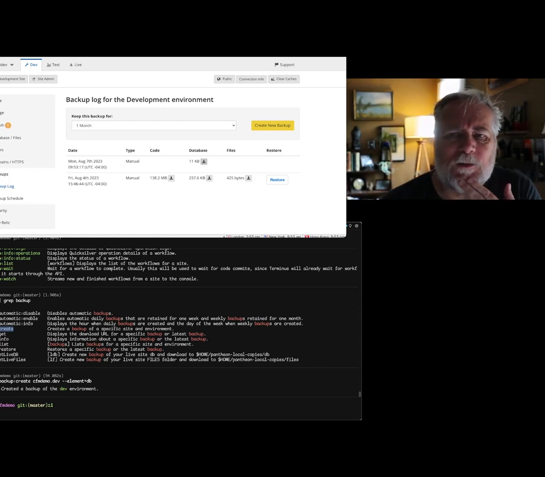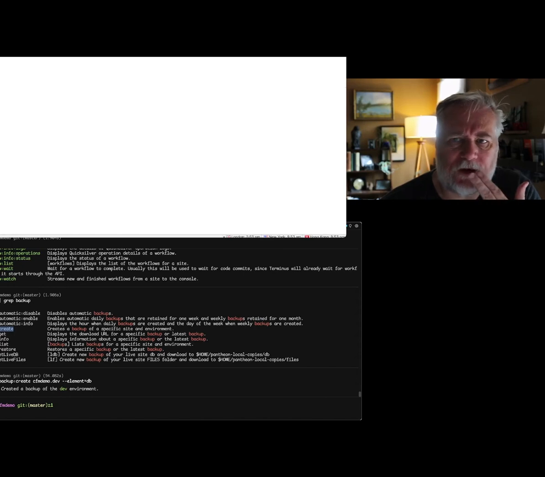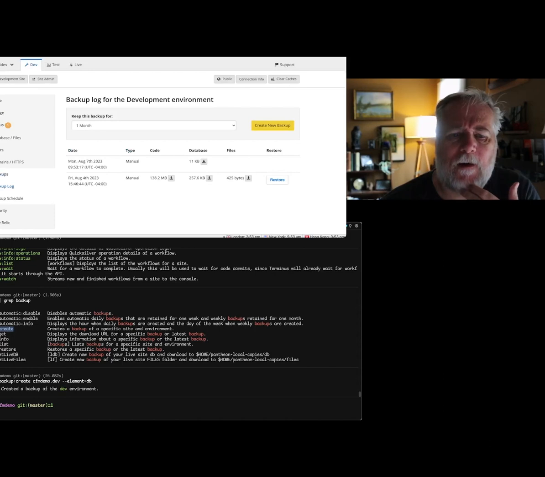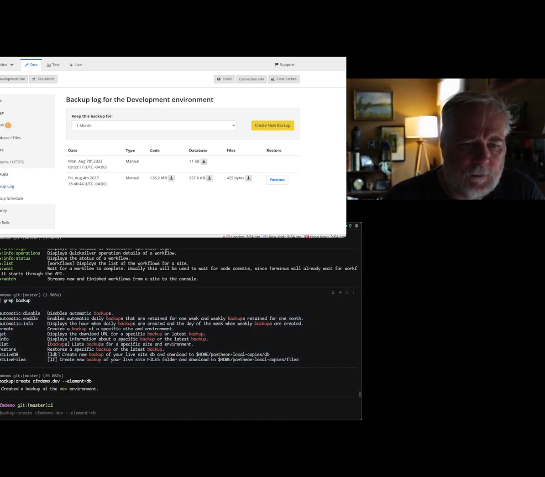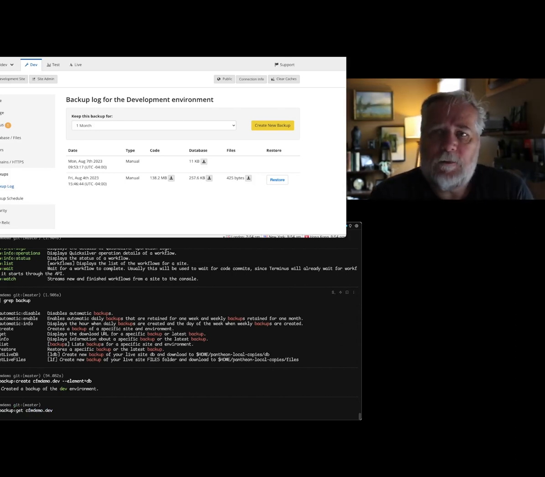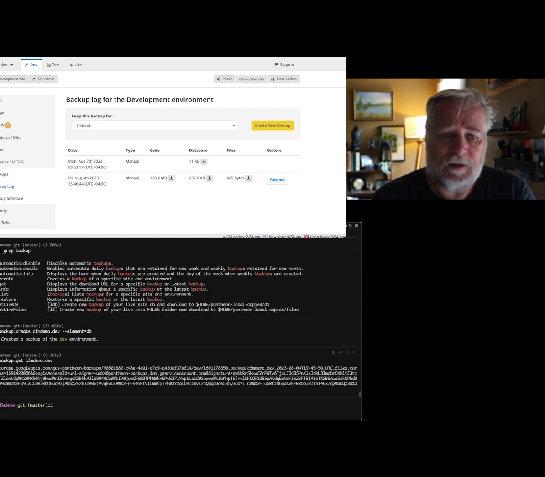That looks really small. Let's run that again. Let's refresh again. Huh. That looks really small. All right, let's do this. Terminus backup get cfm demo.dev. We're just going to do that, and it's going to come back with a link, which is fine. But basically it's going to take the last backup that we did